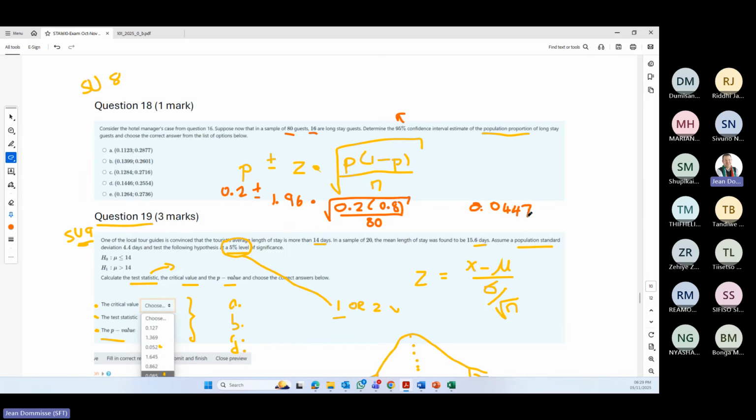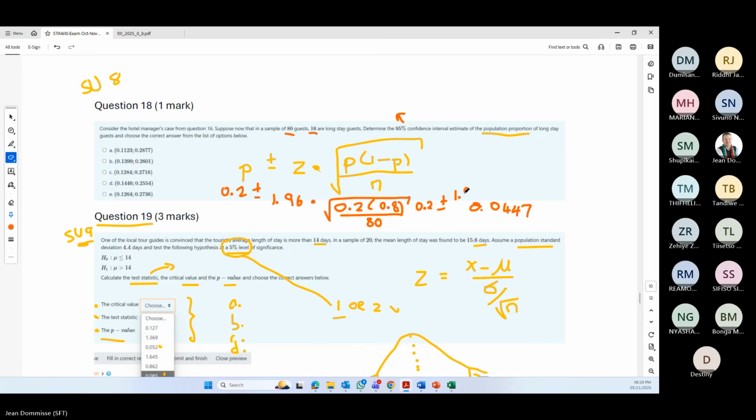Okay, so we're using a bit of that information. So 0.2 plus minus 1.96 times 0.0447, which is 0.0877, and that will then give us,